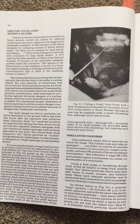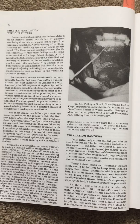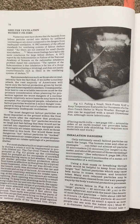Numerous tests have shown that the hazards from fallout particles carried into shelters by unfiltered ventilating air are minor compared to the dangers from inadequate ventilation. A 1962 summary of the official standards for ventilating systems of fallout shelters stated, "Air filters are not essential for small family-sized shelters." More recent findings have led to the report by the Subcommittee on Fallout of the National Academy of Sciences on the radioiodine inhalation problem, which stated this conclusion: